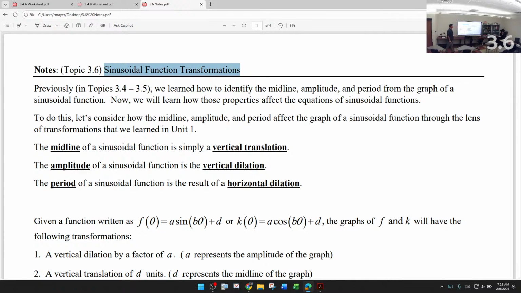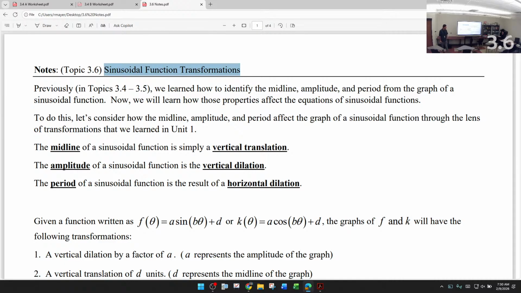Previously in 3.4, 3.5, we learned how to identify the midline, the amplitude, and the period. You gotta know midline, amplitude, and period. Again, it's not that tough, I hope, but those are just things we gotta understand. Now we're gonna learn how those properties affect the equations of sinusoidal functions. To do this, let's consider how the midline, the amplitude, and the period affect the graphs of sinusoidal functions through the